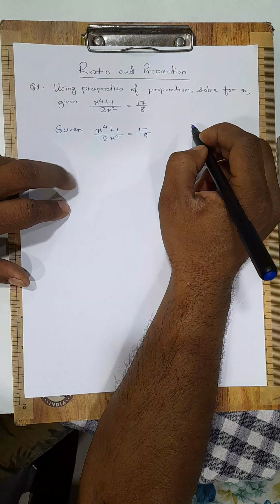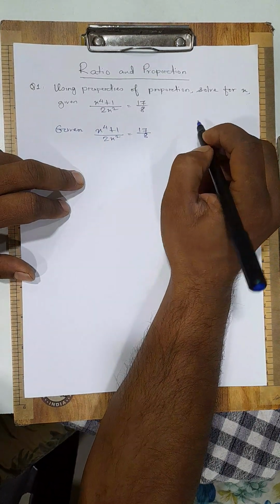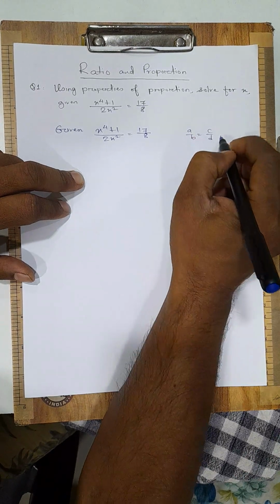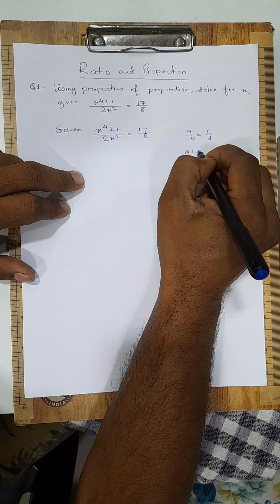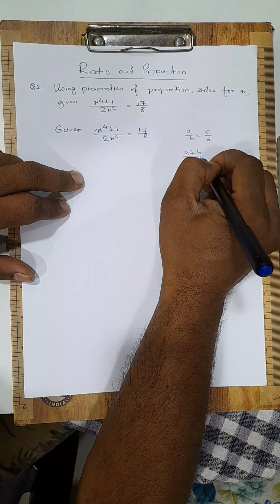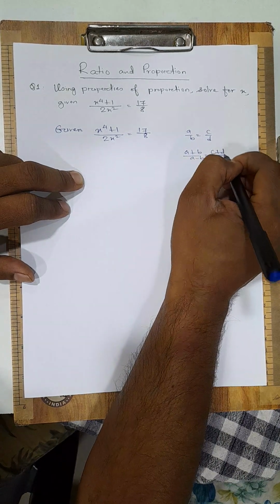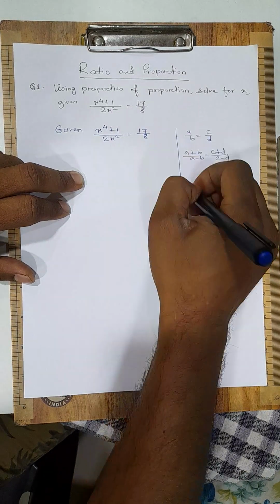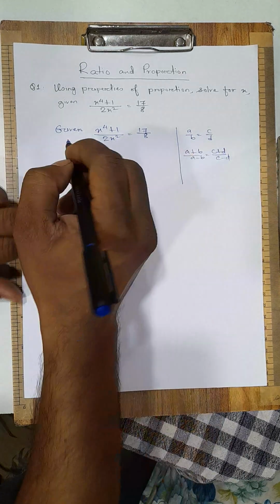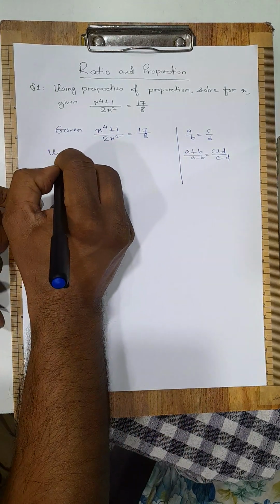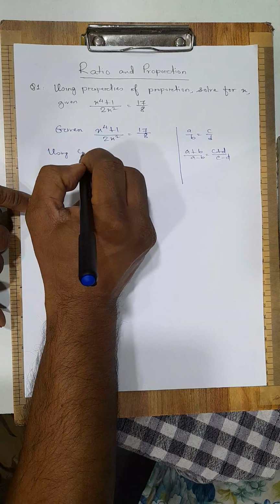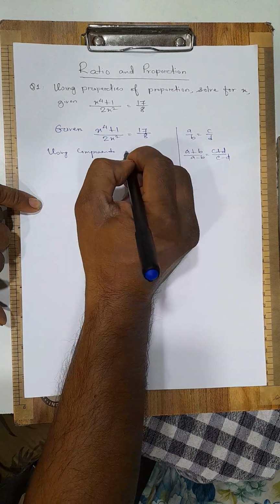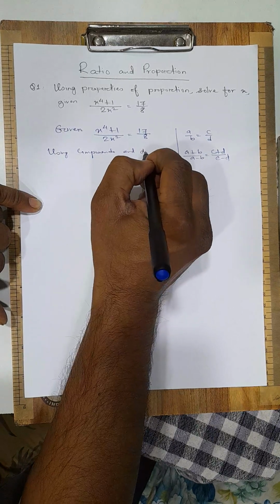Now let us recall the property of componendo and dividendo. If a by b equal to c by d, then we find a plus b by a minus b equal to c plus d by c minus d. This property is called componendo and dividendo. So using componendo and dividendo,